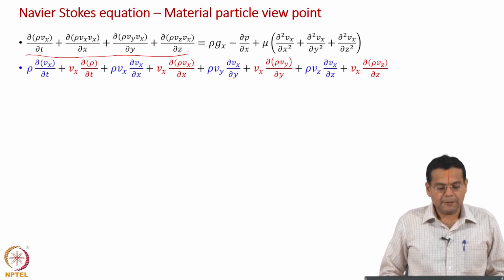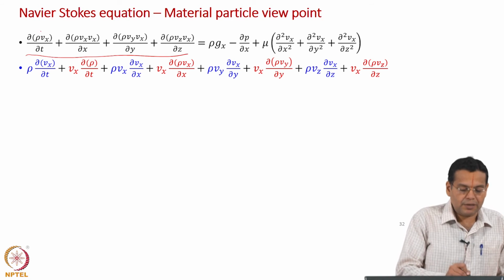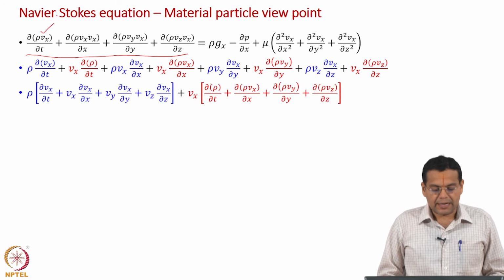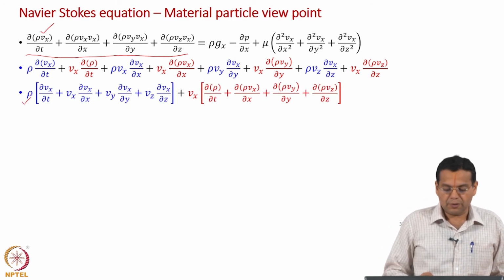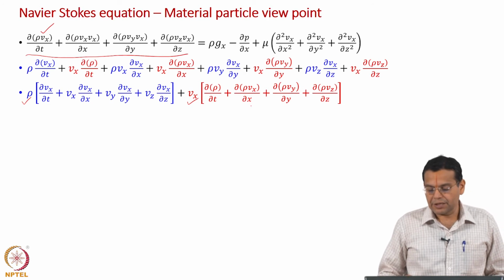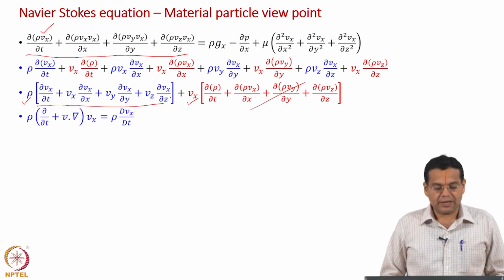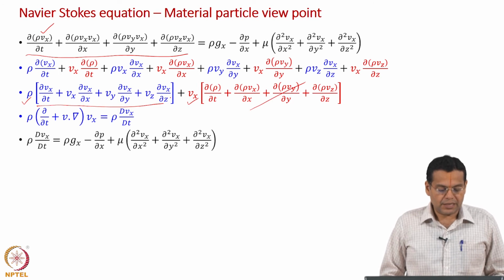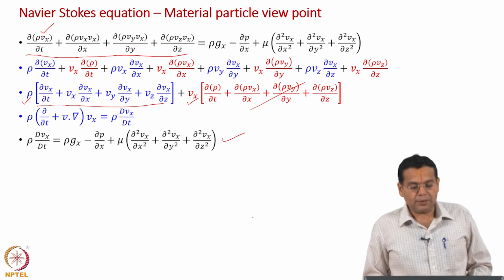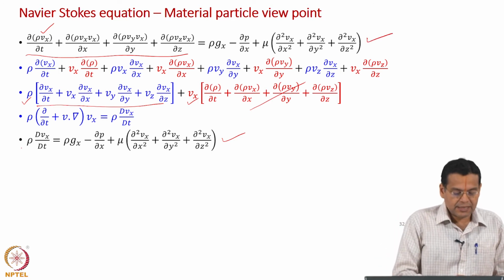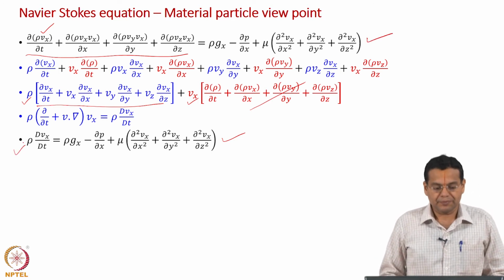To tell you in short, we just use product rule and express all the derivatives, okay, and collect terms in terms of rho and then V x, and this is a continuity equation. So, this goes to 0 and this is capital D V x by dt. Okay. So, left hand side becomes rho D V x by dt, right hand side of course, there is no change, okay. And this is a more popular form of Navier-Stokes equation, okay. Though we have derived in this way, the left hand side with rho D V x by dt is a more popular form, okay.